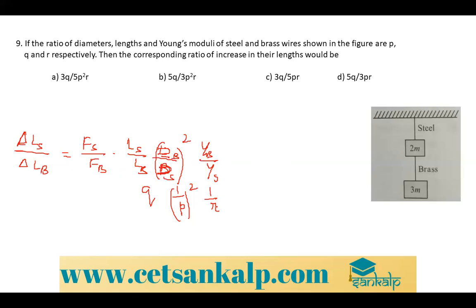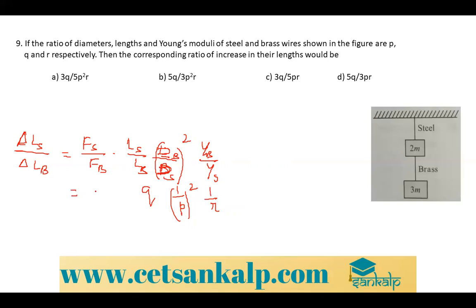The ratios are like that. It depends on which Y is more. Now Fs, from the figure you can say the force will be dependent on the mass. So I can write it as